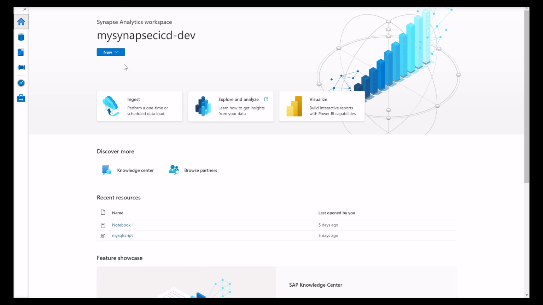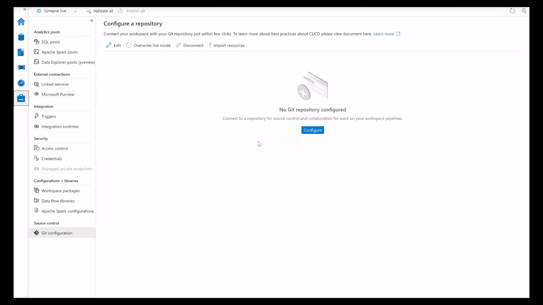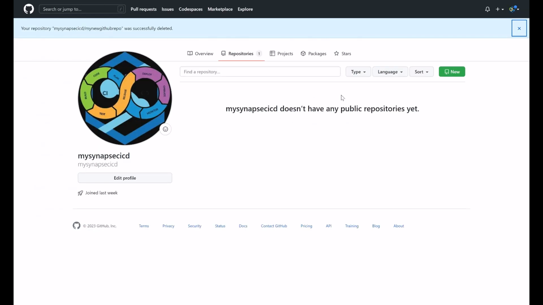In Synapse Studio, by default, you are authoring your code directly against the Synapse service. If you need collaboration using Git for source control, Synapse Studio allows you to associate your workspace with a Git repository. In this next video, I will show you how you can easily integrate your Synapse workspace with a GitHub repository. Let's get into this workspace that is not connected with any Git repo and start configuring the repository in